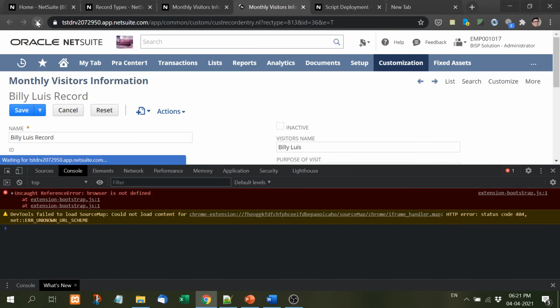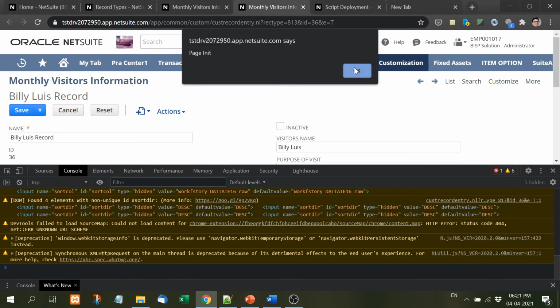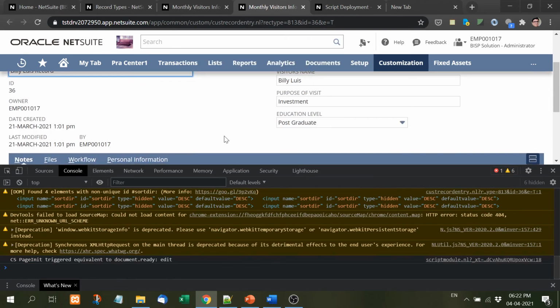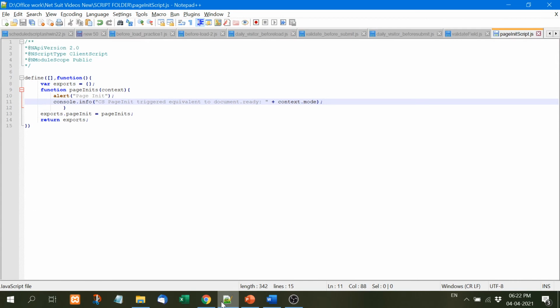So in this way you can write your script according to your requirement. That means suppose you want some calculations to be done at the time of page load, for example mostly in business calculation or business logic, if you want to calculate something like percentage or all these at the time of page event, just like other website applications. So you can perform this operation here also. So for that we use page init script.